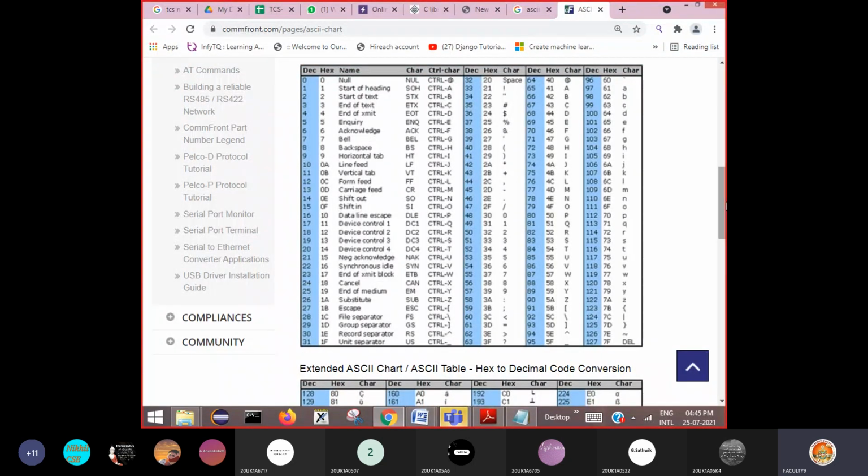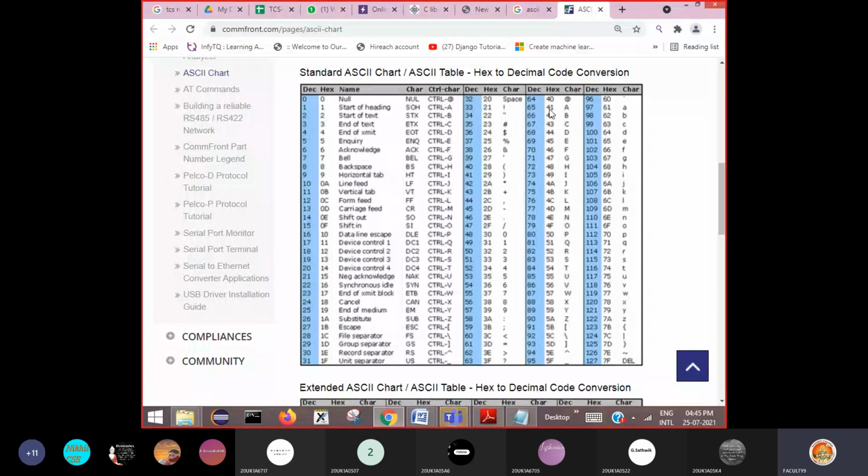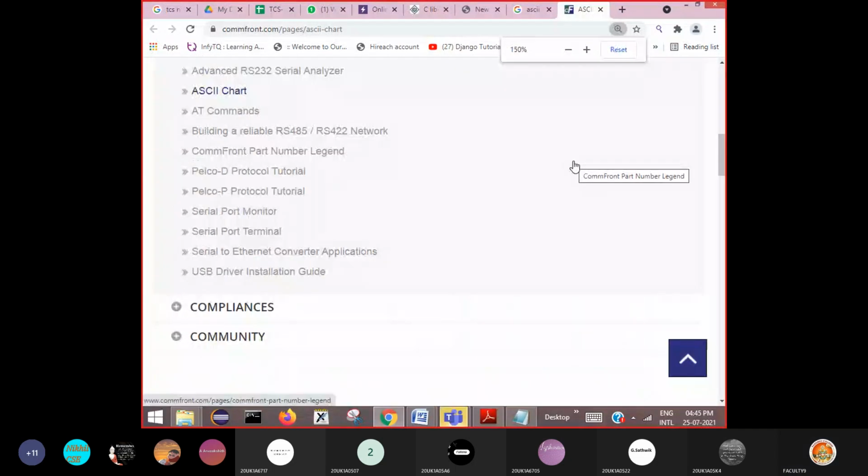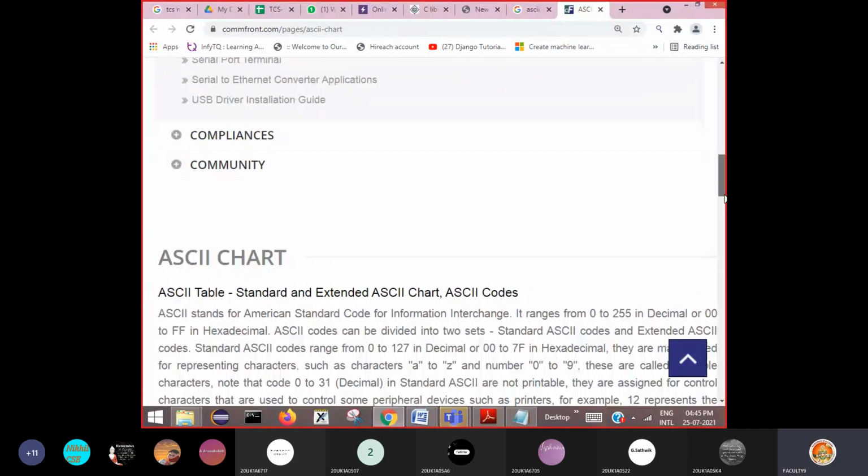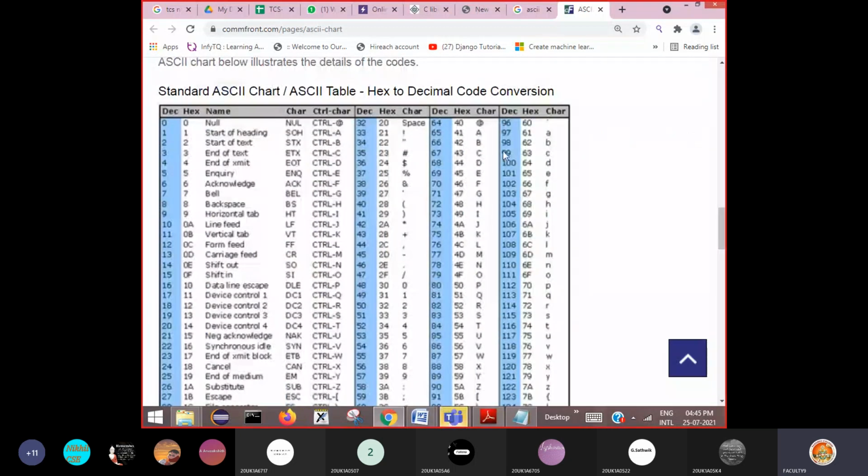Now if you observe here, the capital A ASCII value is 65 and the small a ASCII value is 97, in decimal equivalent.